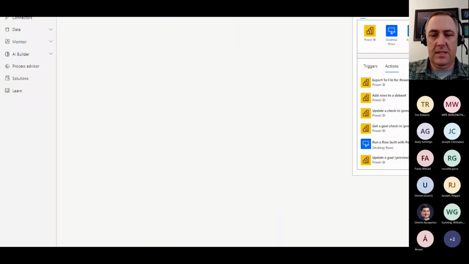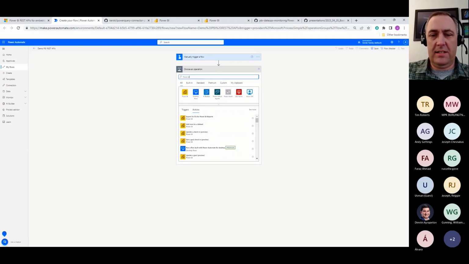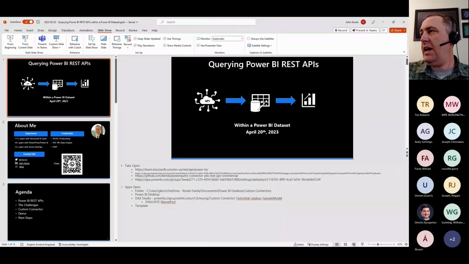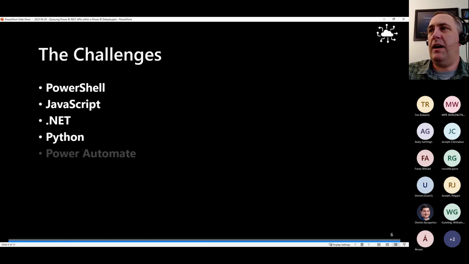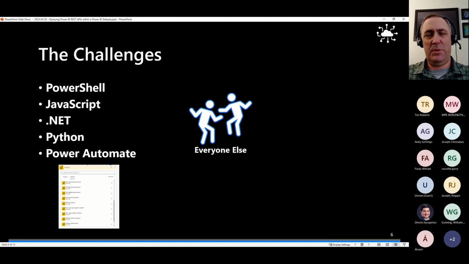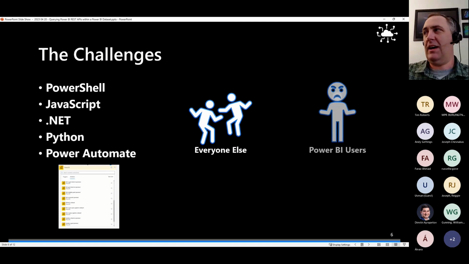The funny thing is while Power Automate can get it, and you can actually connect to it in Power Apps as well, we don't have that capability in Power BI. So everyone else gets it, but if you want to build a Power BI report that pulls some information from the Power BI REST API, if you were to try to do that out of the box today, you don't have that capability. So for Power BI users who kind of want to understand how their environment's operating, or just get some statistics about how the Power BI data sets are refreshing as a workspace admin, you don't have that